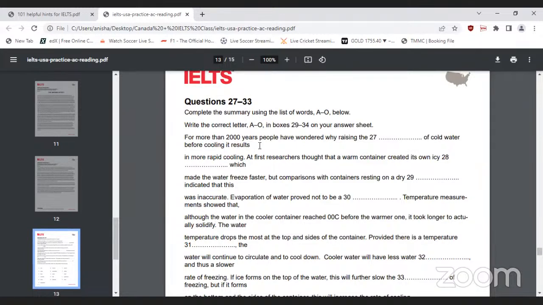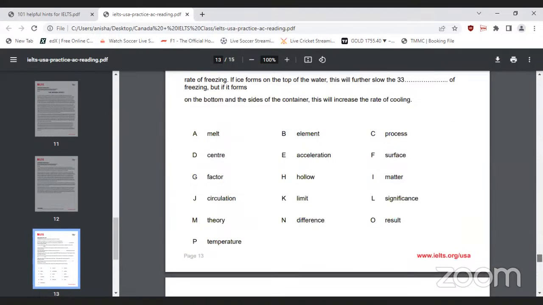So as you go through this summary, you have to summarize the passage in your own words, but the words that you use in these blanks should be the ones that are present in the passage. So synonyms cannot be written, you cannot write by your own choice, whatever is in the passage, you have to write that only, and you have to copy that answer in your answer sheet. And apart from that,